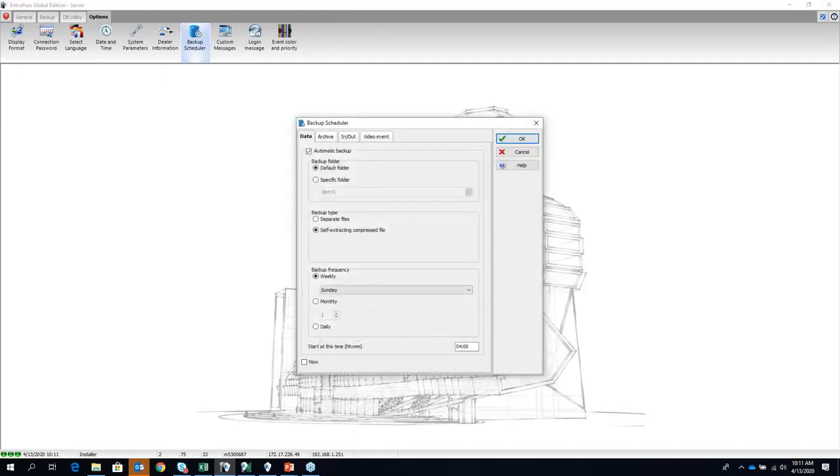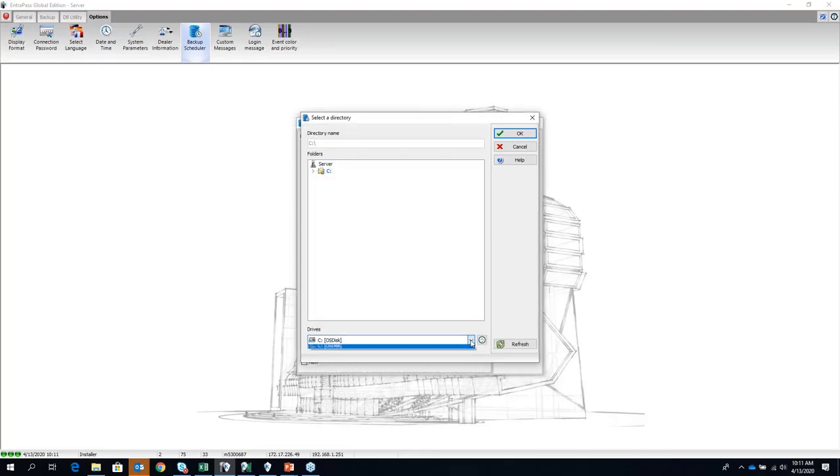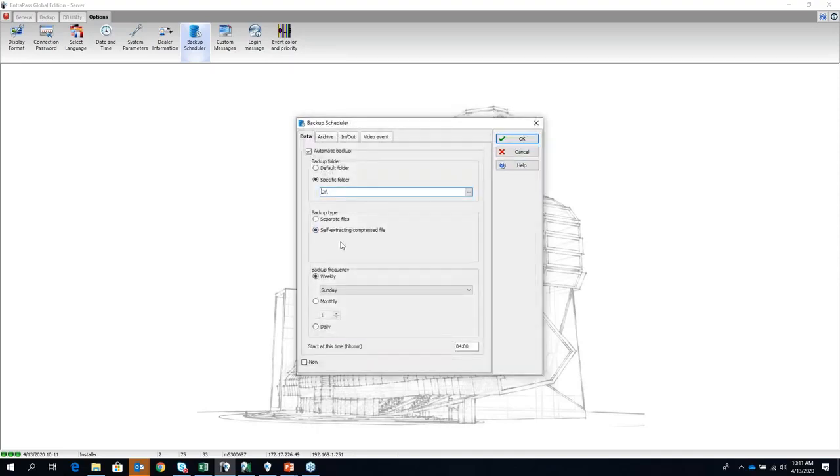In the Backup Scheduler, you can actually schedule where in the folder location, you can specify a folder. You can click on the 3 dots on the far right-hand side and send it to another drive. And this can be included in a mapped network drive if you need be. Okay, so if IT or yourselves have the ability to map you a network drive to send your backups to, we can map it to that network drive, select the location, and once you say okay, you can then set up